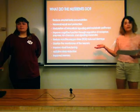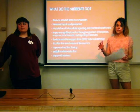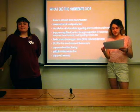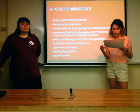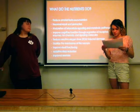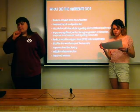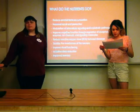So what do these nutrients do in general? They reduce amyloid beta accumulation, which I mentioned is one of the things that causes Alzheimer's disease. There's also neural repair and protection, modulation of intracellular signaling and metabolic pathways, and improved cognitive functioning through regulation of receptors, enzymes, ion channels, and signaling molecules. And then they reduce ROS-induced damage, stabilize the membranes of the neurons, improve visual functioning,